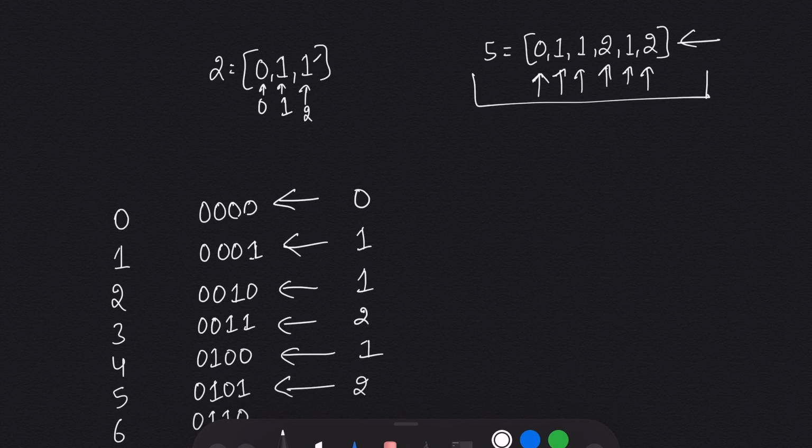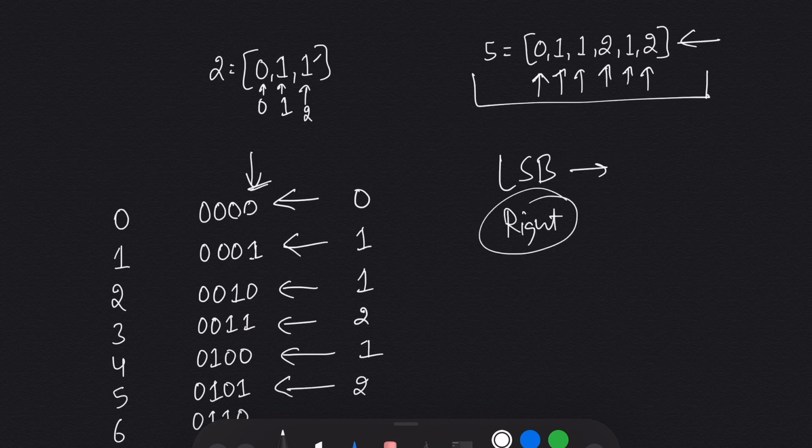Before we see how we can solve this question and what the intuition behind it is, let's first talk about two things. One is the least significant bit. The least significant bit is the rightmost bit of a binary representation. It defines whether the given number is odd or even. If the LSB is 0, the given number is even, and if it is 1, the given number is odd. And the other thing is